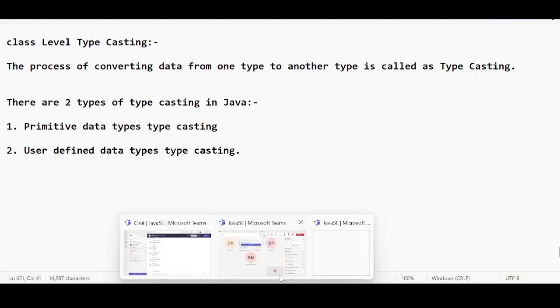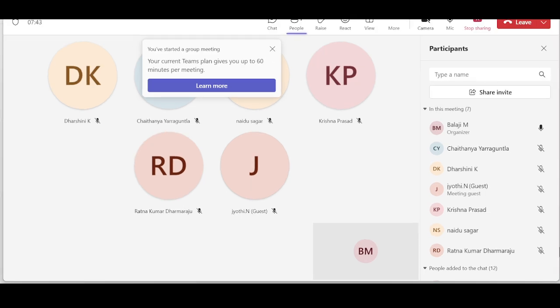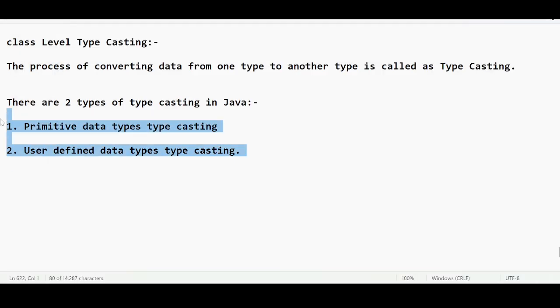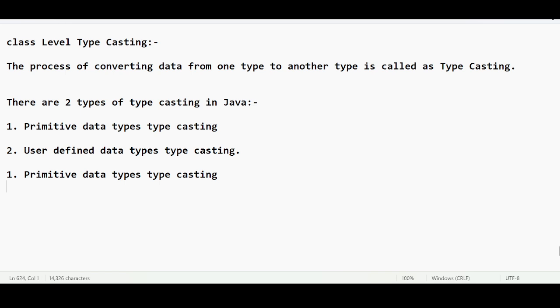Is there anyone who is getting the cue? These are the two prominent typecastings, the only typecastings that we have in Java: primitive data type typecasting and user-defined data type typecasting. So what is primitive data types typecasting?